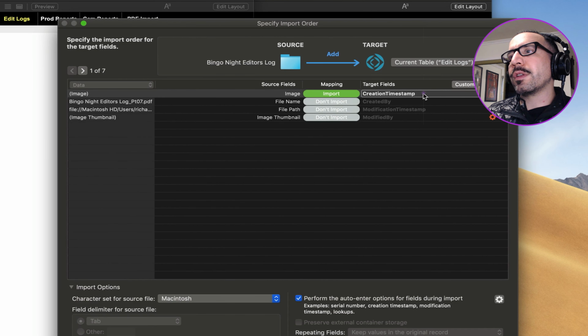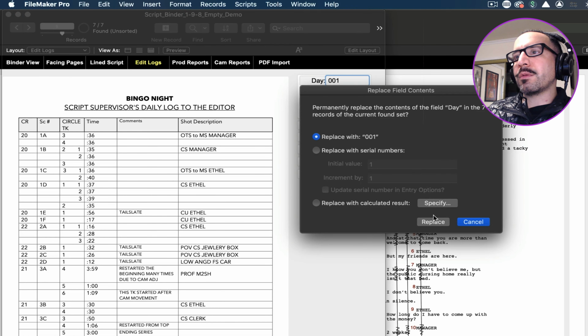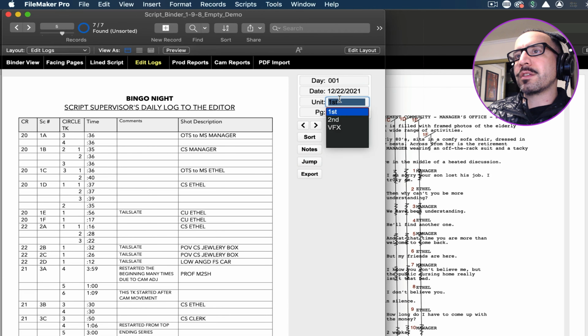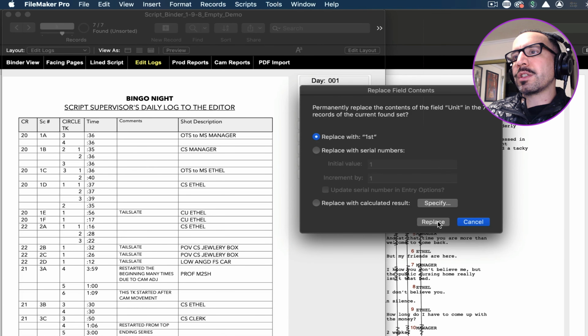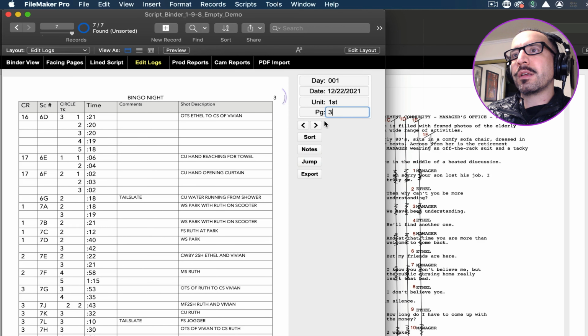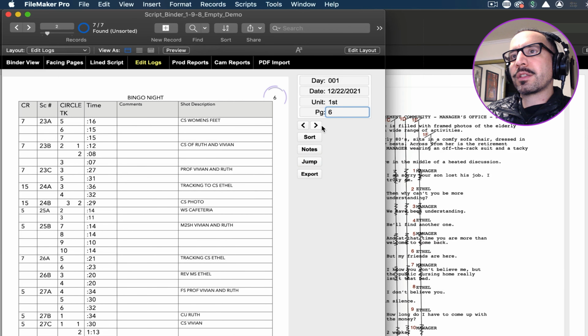Let's go to the cover page here. So, I don't actually know the date on this, so I'm going to call this today's date. And I'm going to say first unit. And so this, I can hit Command =, copy that across all records, since all of these import records are the same. And we can just label the pages. So we have page 1, page 2, 3. And then you can see they kind of imported out of order. That's fine. Page 7. Page 6,